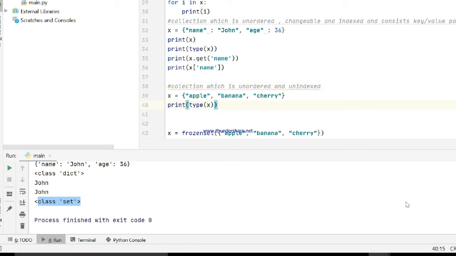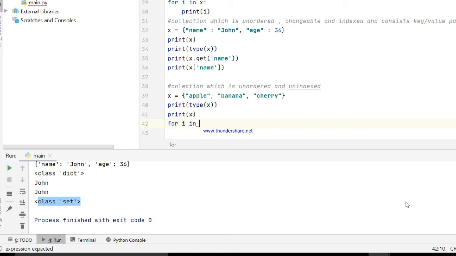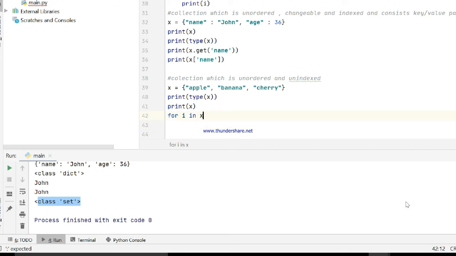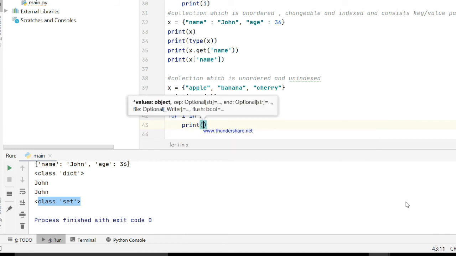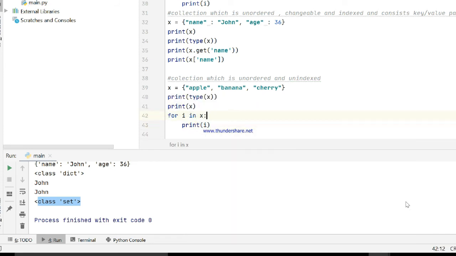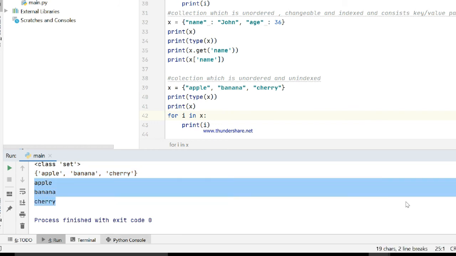If you want to print the value of the set, you can simply pass the variable, or if you want each and every element, for i in x, print i. This is also a way. Run it, and here we will see the other output. See, it will print the set in set form, and if you want the elements of a set, then you have to iterate over each element. I hope it is all clear.